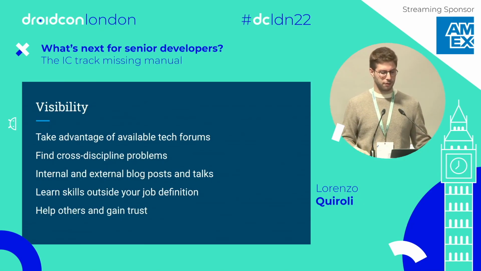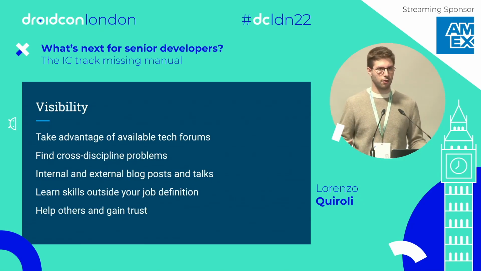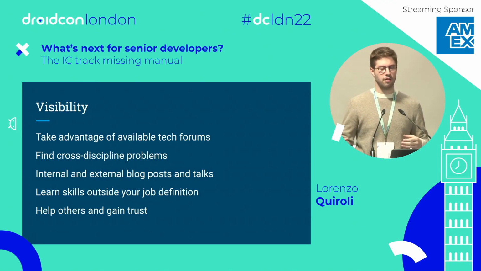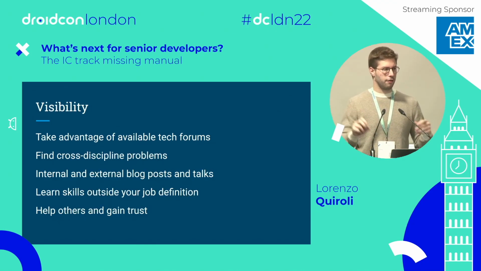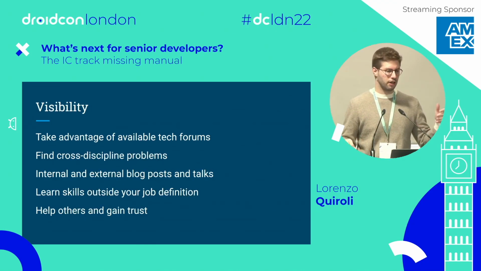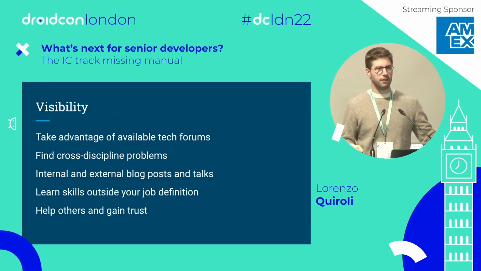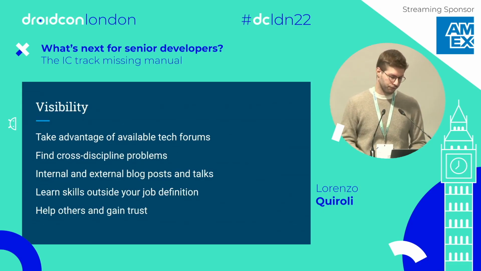Also, finding cross-discipline problems is a great way to collaborate with people you don't usually work with. If you find a problem that is Android specific, do think, is it really Android specific? Does everyone else have the same problem? If it's monitoring, for example, does the iOS team have the same problem? If it does, it's worth raising it with them. You might obtain a problem space that is bigger, that has bigger impact, and that helps you work with other people and gain their trust.